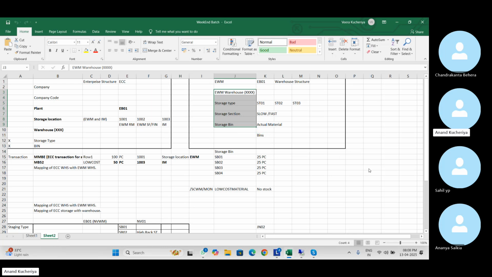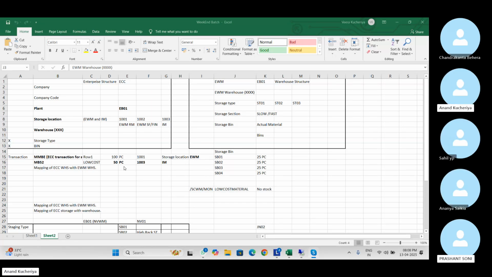Okay. So then we saw how the stock is visible in both the systems, and also